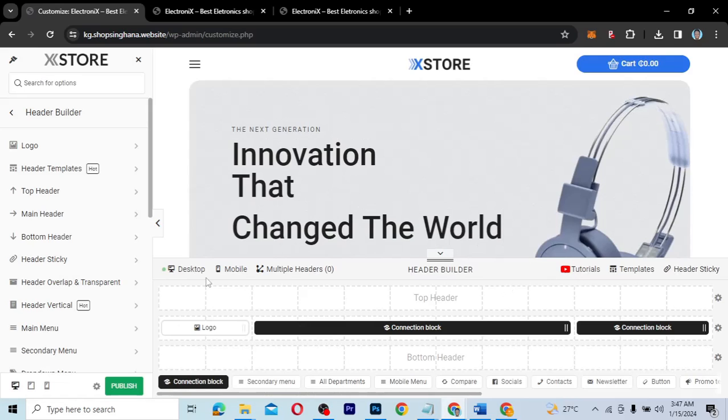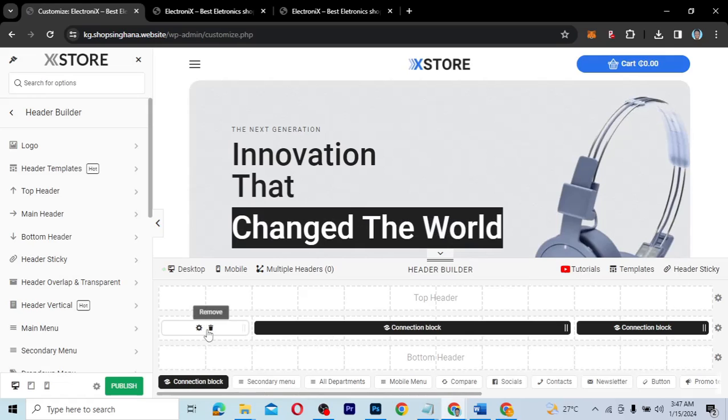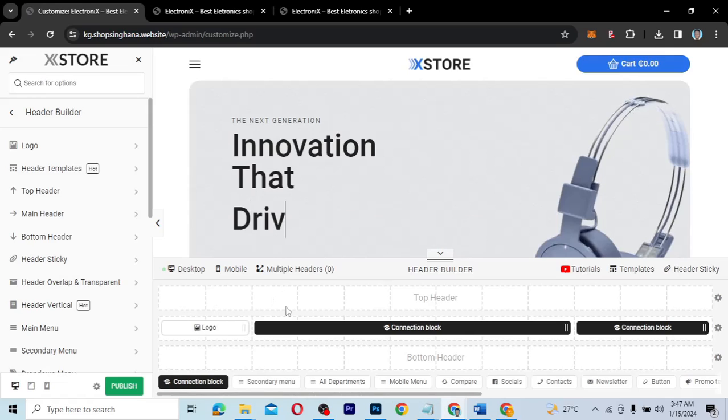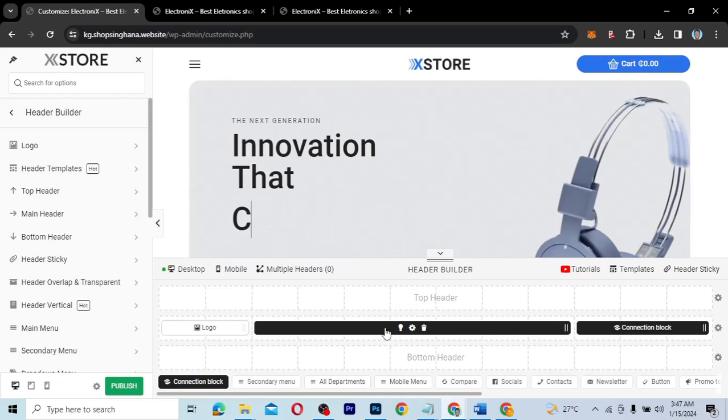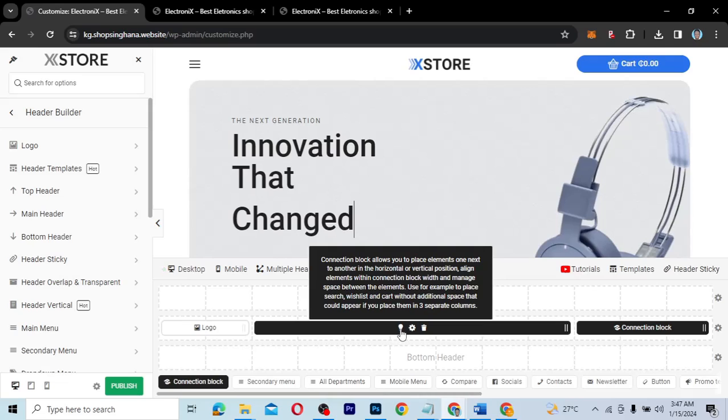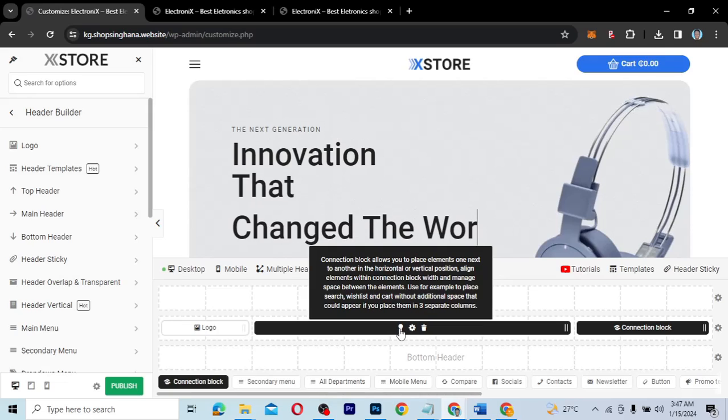Okay, but this is very easy. You can see over here that this is the logo, and this is a connection block. So the connection block allows you to, if you hover on it, it will tell you everything that you can do. If you hover on this light icon over here, it tells you connection block